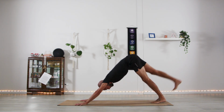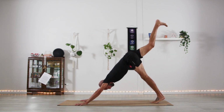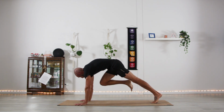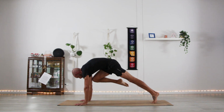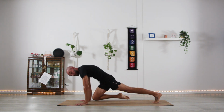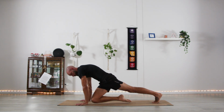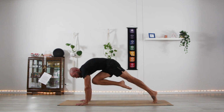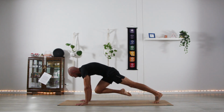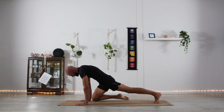And on your inhale, we're going to bring the right leg up and back. Exhale, begin to roll forward, pushing the ground from the ground, and bring that knee up to the right tricep, down to the right wrist, cross to the left wrist, up, left tricep, back to the right tricep, down to the right wrist,